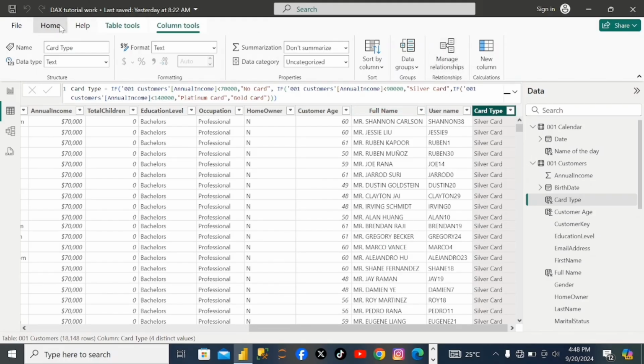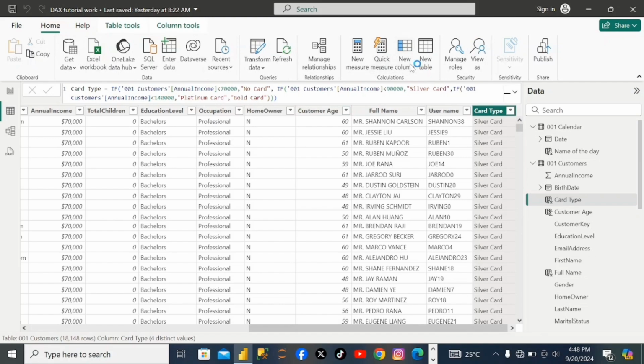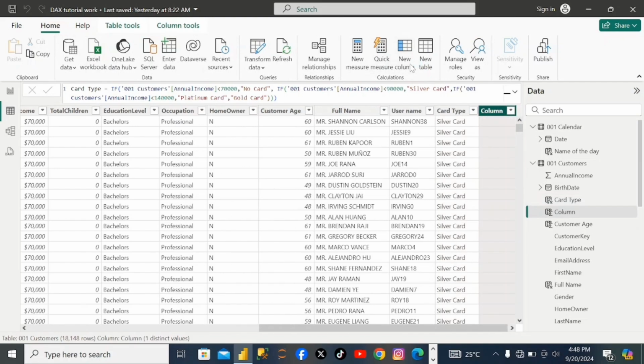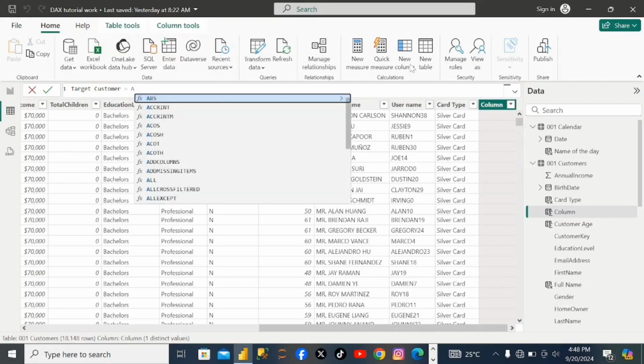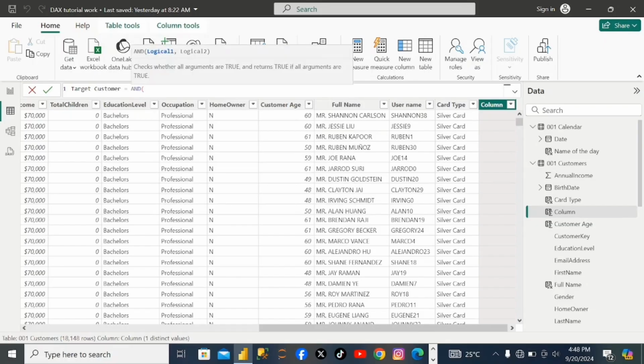Okay, so just get on to our new column. We are going to write the column name. We call it target customer. Then we use a function called AND function. Okay, we can see the AND function here. The AND function checks whether all arguments are true, and it will return true if all the arguments are true. Okay, so the first logical test is,